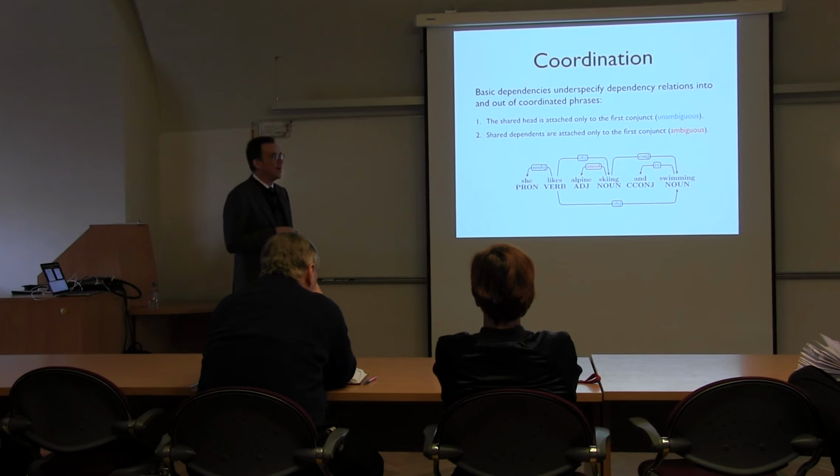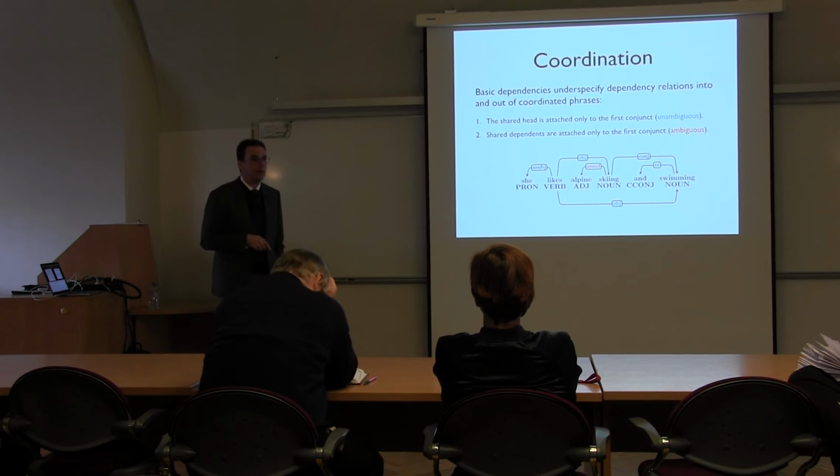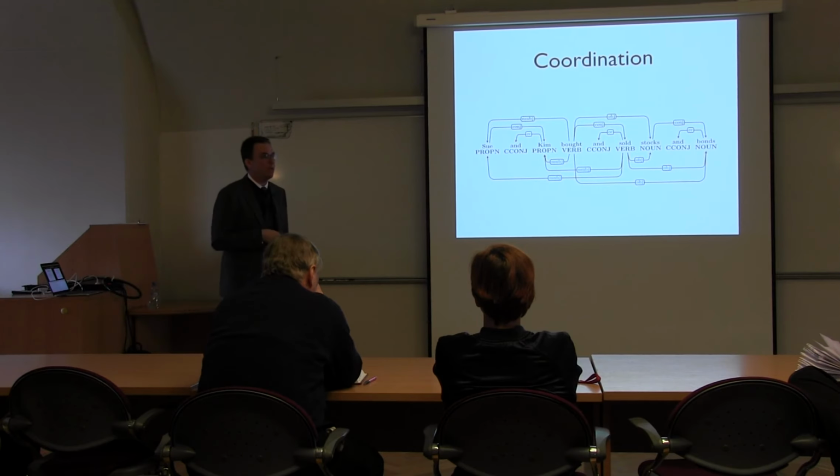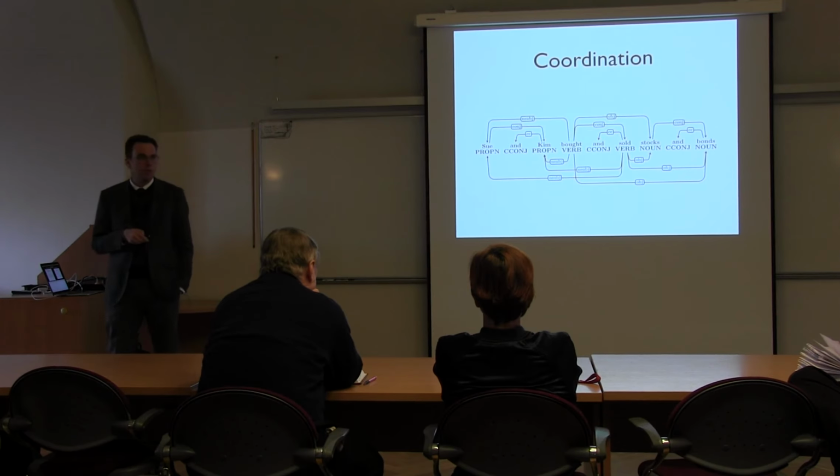And the idea is that the enhanced dependencies should now disambiguate this, so it should add the missing link for the shared head, and in this particular case, it should not add a link for the shared modifier. But in case the modifier really is shared, it should be added. That's the idea. And of course, if we have multiple cases of coordination, these tend to sort of multiply. So if you have a coordinated subject, coordinated verb, and a coordinated object, like Sue and Kim bought and sold stocks and bonds, we get 4 subject relations and 4 object relations, and they should all be specified.